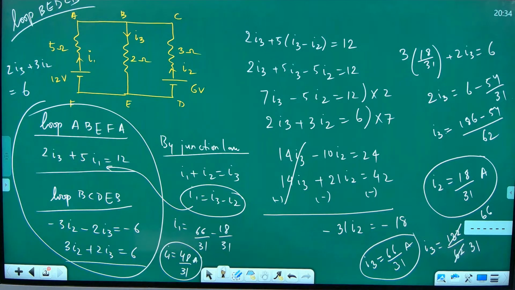What about Yashwant? You got this answer? Some mistake in calculation you made. I think Sai Akhilesh got. Anybody else got the same answers as I got? Nobody got, right? Out of 43, 44 children, only one person is getting the same answer as me. You also got. Then okay, 2 persons are getting.